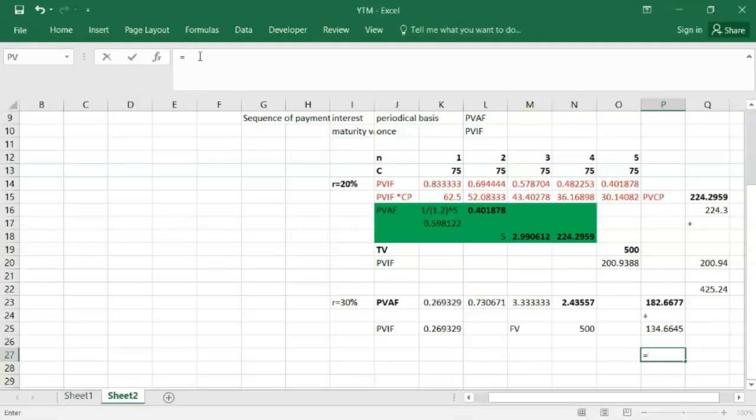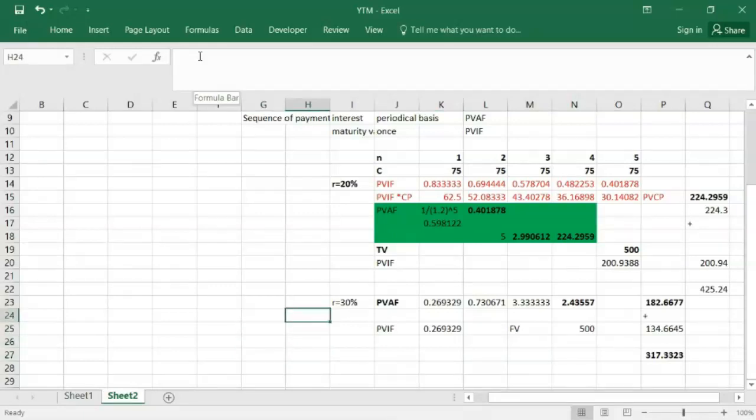So what is the value of the total value? The total value, or total maturity benefit, if the rate of interest is 30 percent, comes to 317.33. Okay, so when r is equal to 30 percent, it comes to 317. When r is equal to 20, you can get 425. So you can get one lower value and one higher value. So hope you know there are two different testing methods, two different trials taken, where I can understand